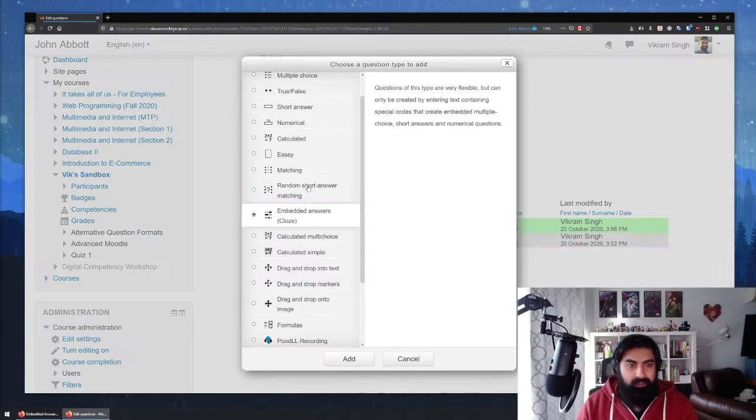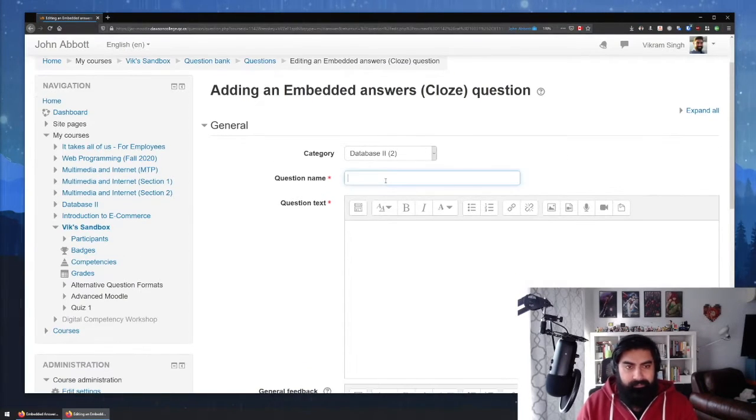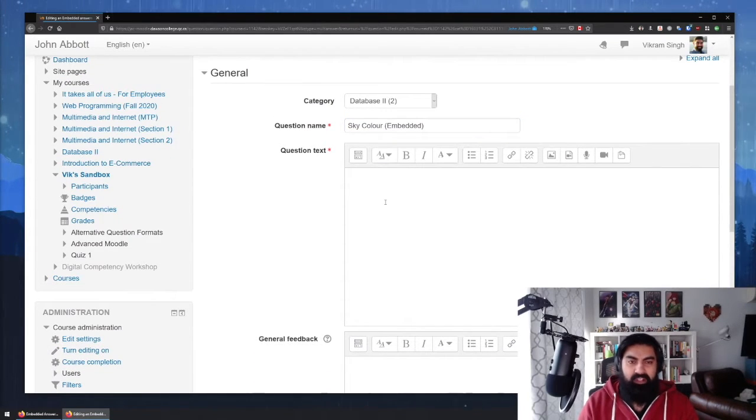Okay, so let me create a new question. I'm going to make a new cloze question. We'll call this sky color again. Maybe I'll call this embedded to differentiate this one from the other short answer question we did. So let's use that example. The sky is the color, blank,